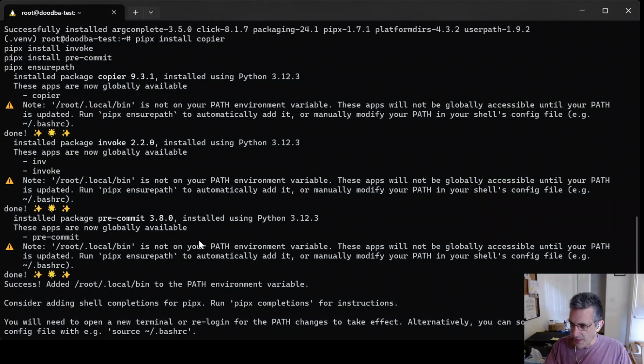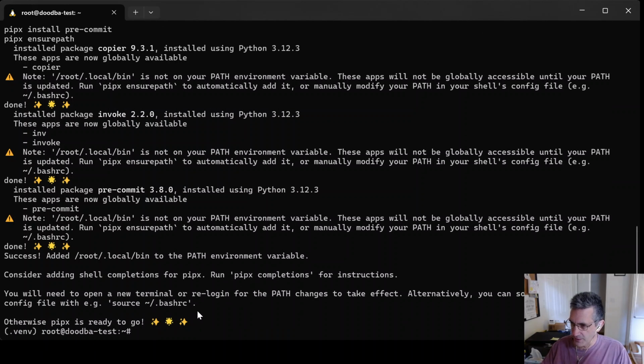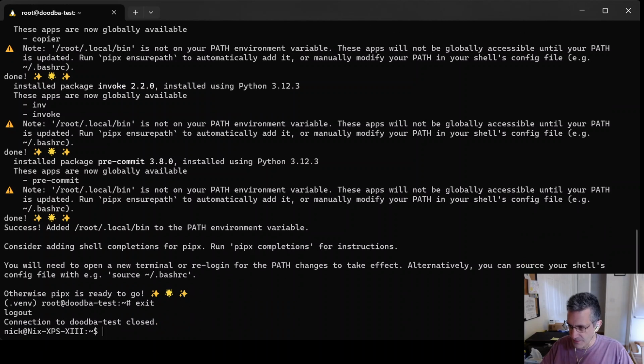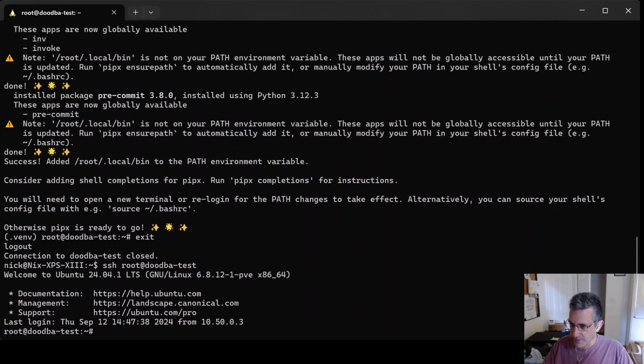Terminal, and considering adding shell completions for pipx, you'll need to either re-log in for the path changes. So we're going to do that. We could source the bash RC, but we're just going to do the simple, easy thing, which is exit. We'll exit, we'll reconnect, and we'll